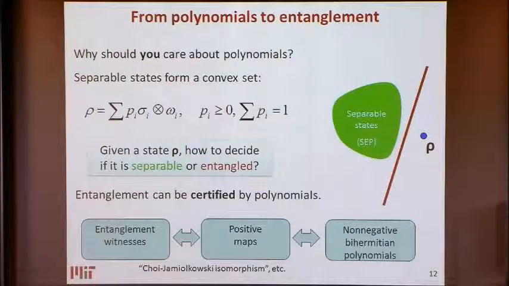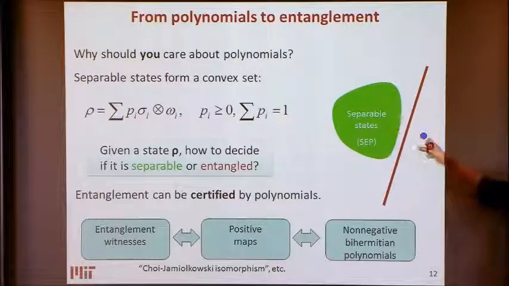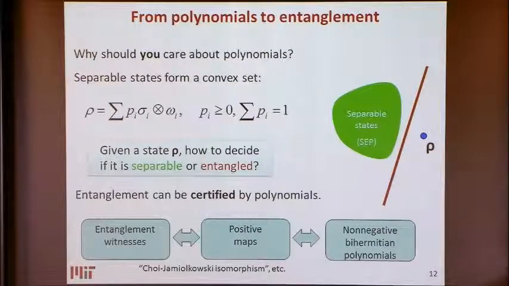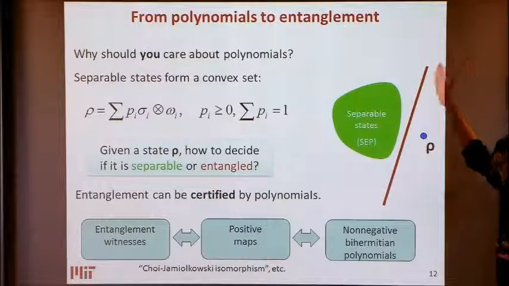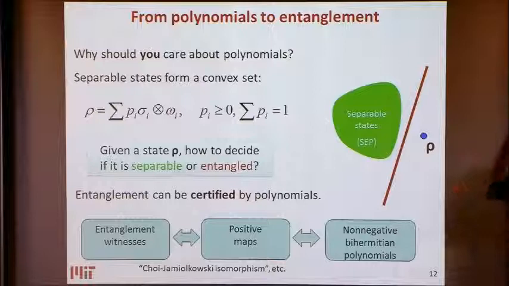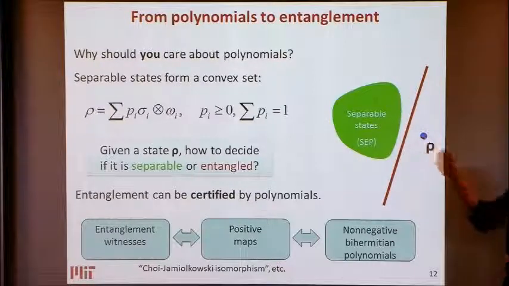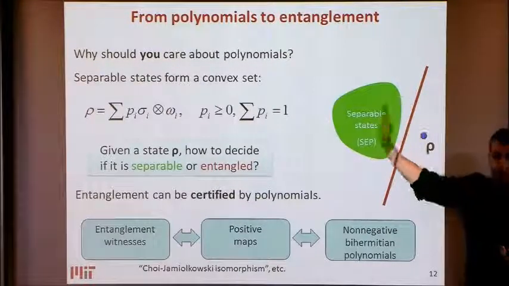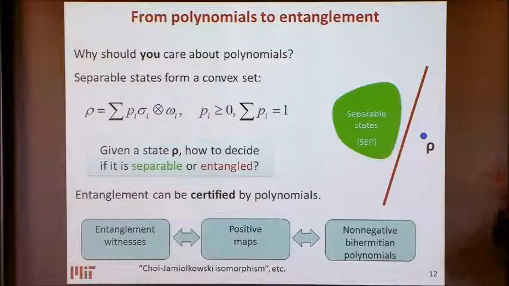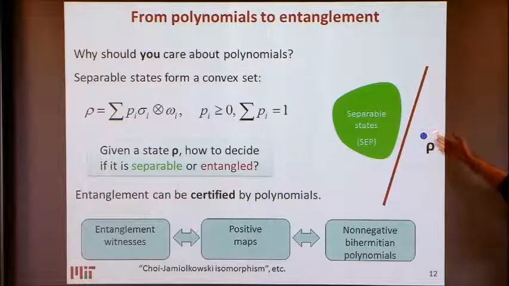Okay, so what's the idea? Somehow what is a key? Is that if I have a convex set and I have a point which is not on the set, then the obvious way of certifying that that point is not, separating hyperplane, will tell you find the separating hyperplane that puts your state on one side and puts your separable states, your set, on the other side. And this picture is nice and wonderful, right? I mean, it's very easy. I have a convex set, I have a point, I find it.